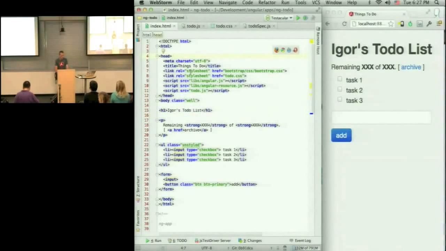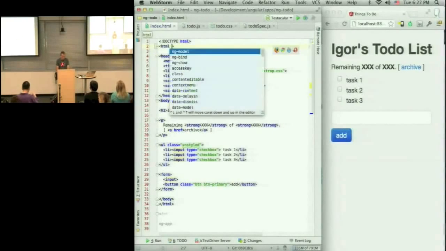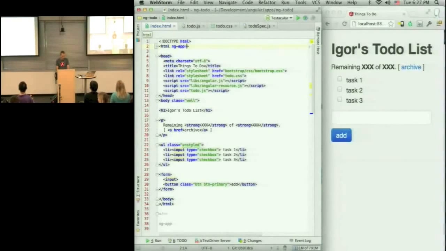And the way I do it, and notice that this HTML is served just with a static HTTP server, so there's nothing happening on the server side. So what I'm going to do is say that this is an ng-app, and I give it some name, and then